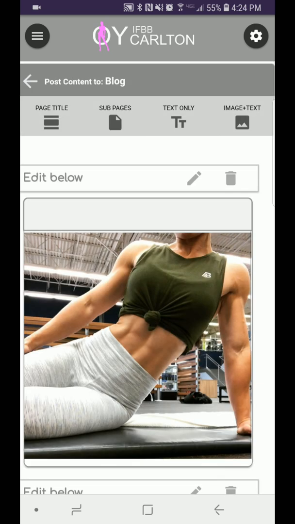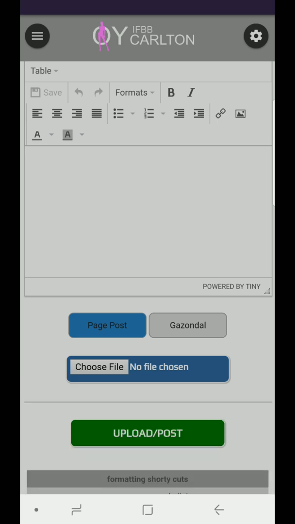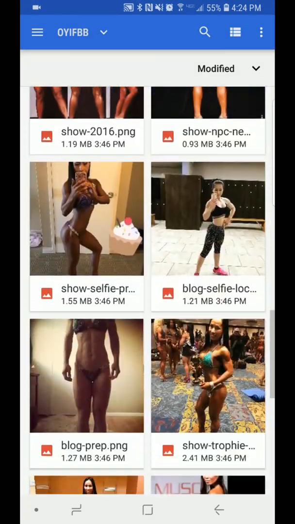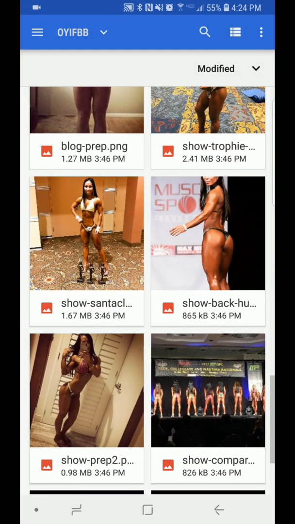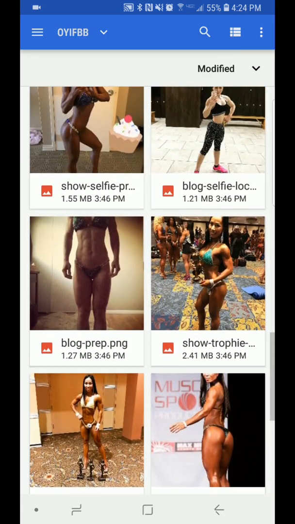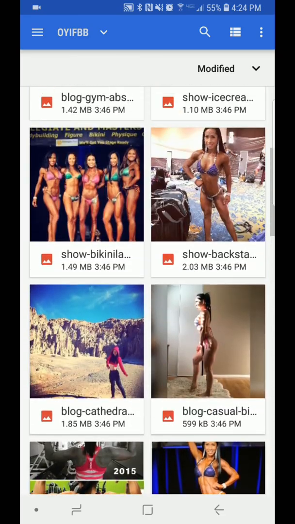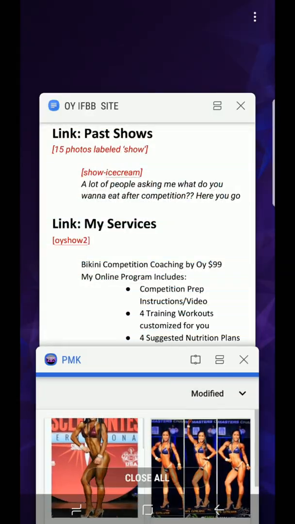It's a lot of photos, but the more content, the more beautiful the site's going to be. Okay, so blog prep, I believe that is it. So we uploaded all her blog images. If we forgot one, we'll go back to it. But let's go ahead and see our site,